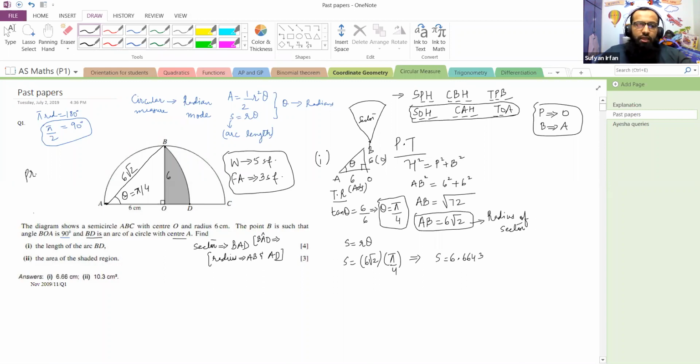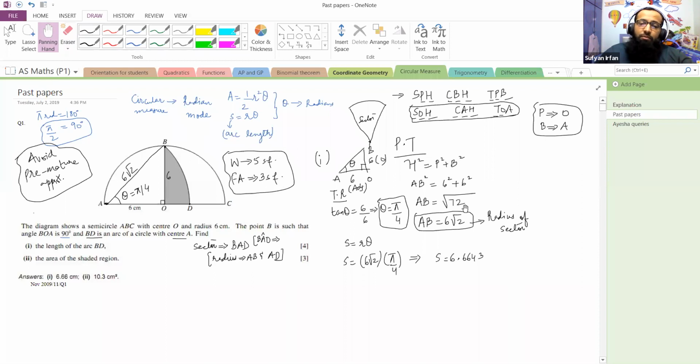Avoid premature approximation. What does this actually mean? Approximating before the right time. So the examiner has required the final answer in 3 significant figures. So if you have started